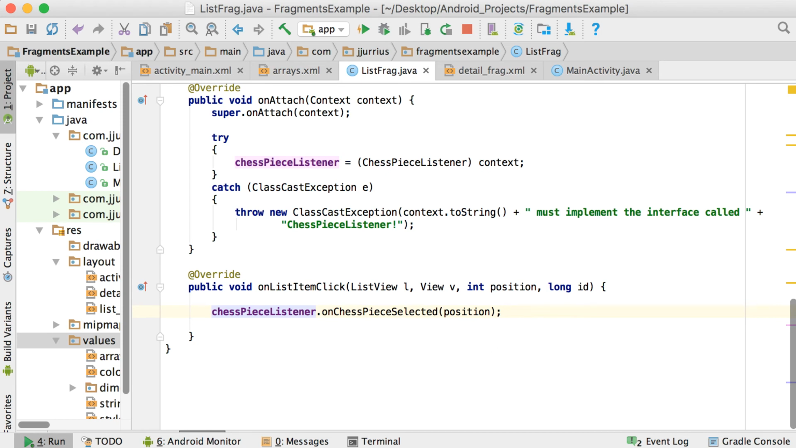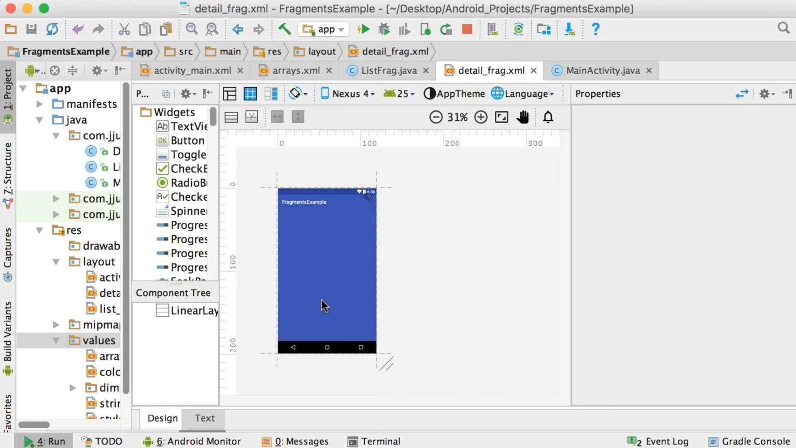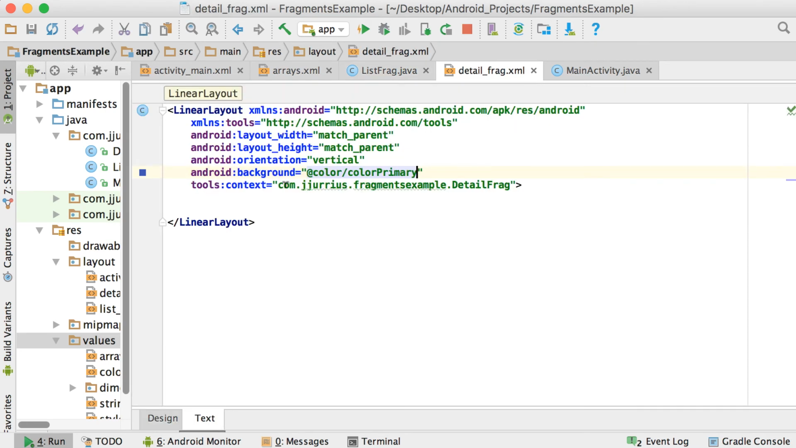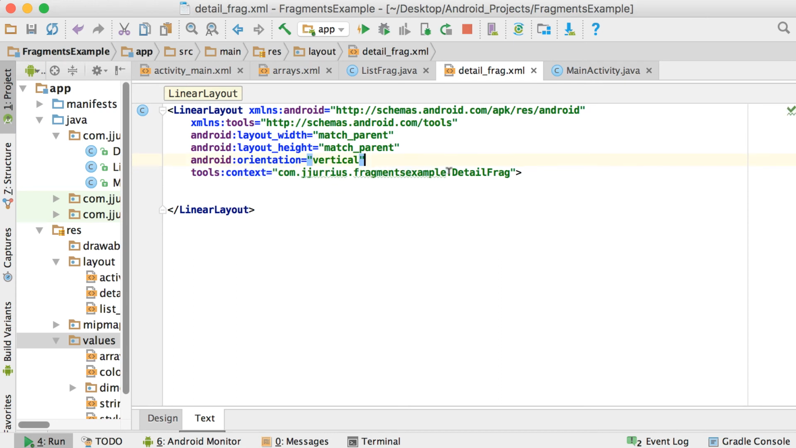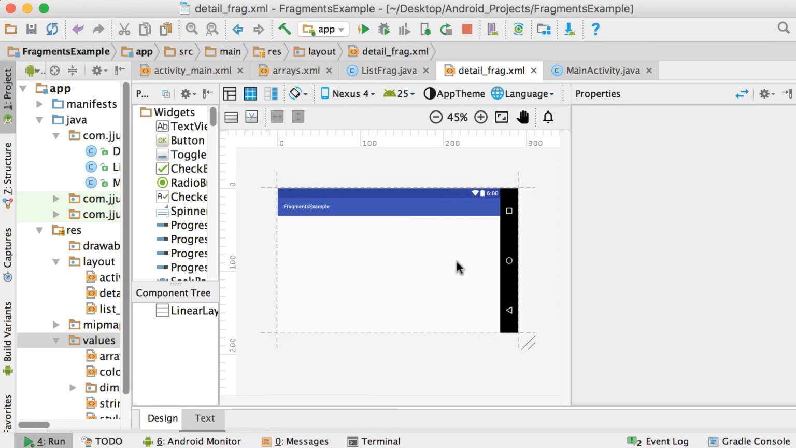So if I click on an item in the list view, we've got that position now, and now we want to go and show something on the list, or the detail fragment. So if we quickly go to the detail fragment, and we go to the text, if yours is not changed to linear layout, just change it to a linear layout that's vertical. I'm going to remove the background color there to keep it white. And then if we go and put it on landscape view, let's drag in a text